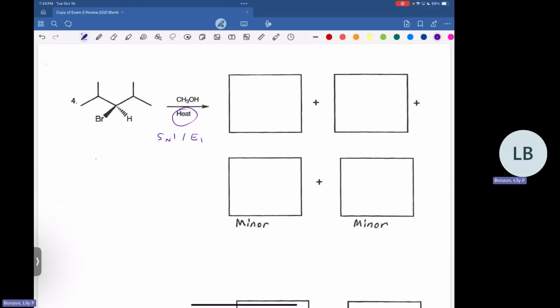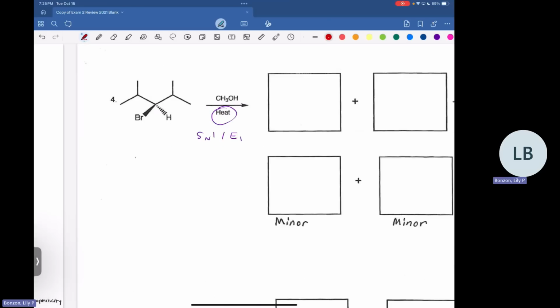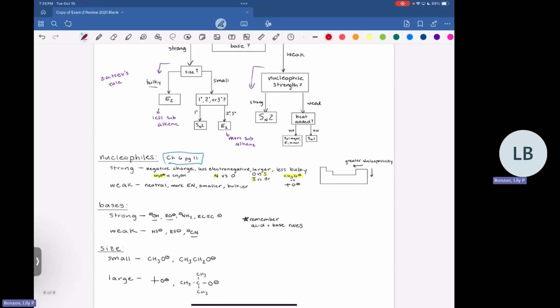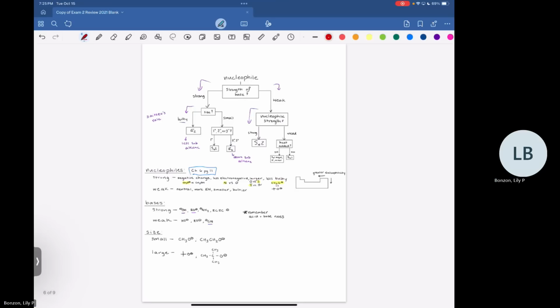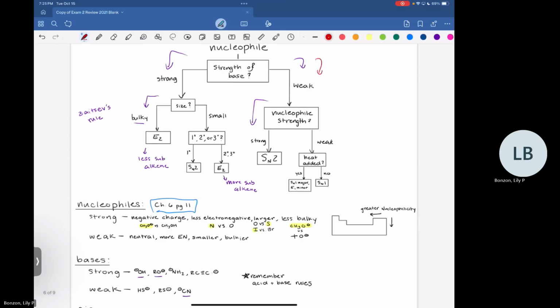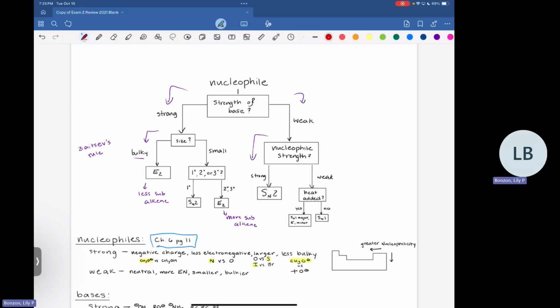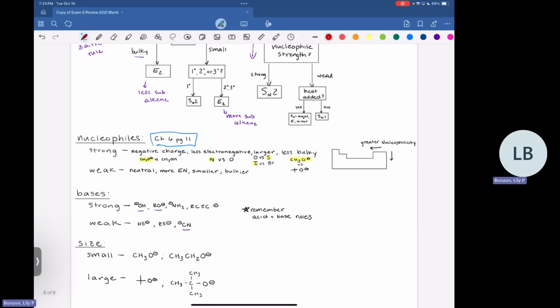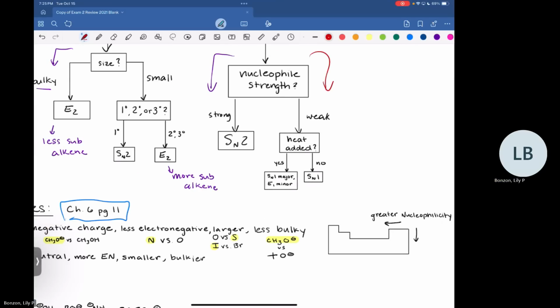But again, you can walk through your little diagram. So we have an uncharged alcohol. Uncharged is going to be a weak nucleophile. Weak base is the first one. It's a weak base because it's just OH, uncharged again. It's a weak nucleophile as well. So it's going to be SN1 and E1. And again, heat added